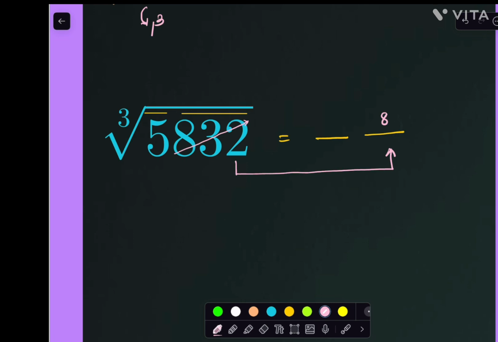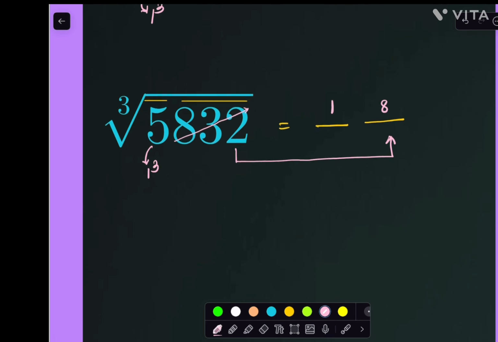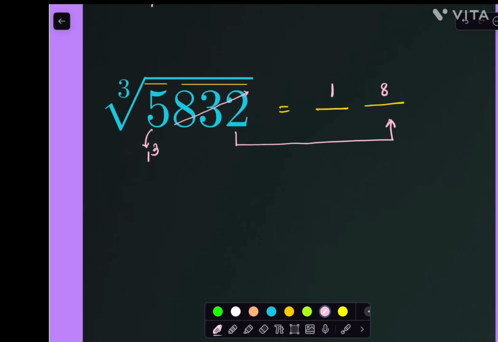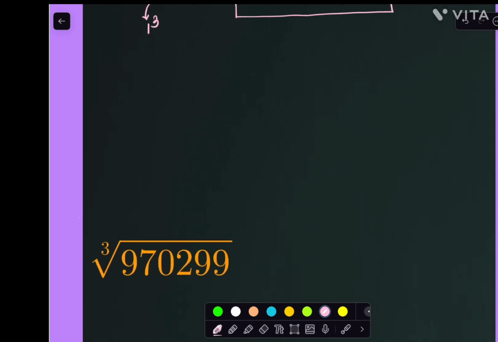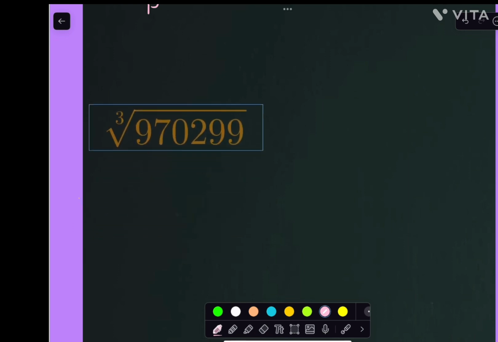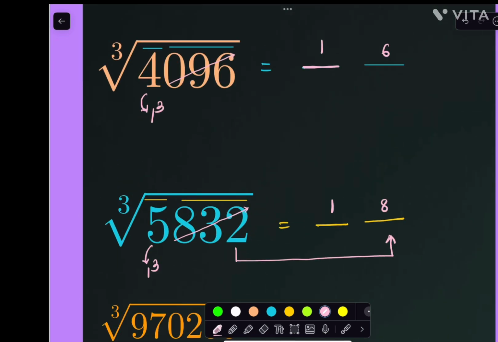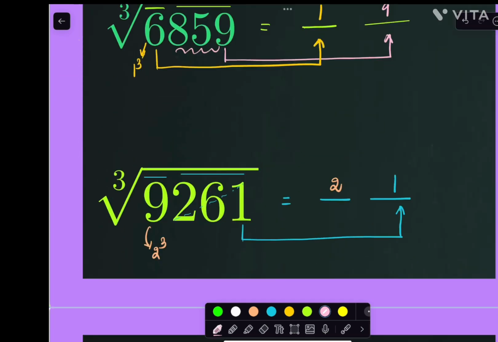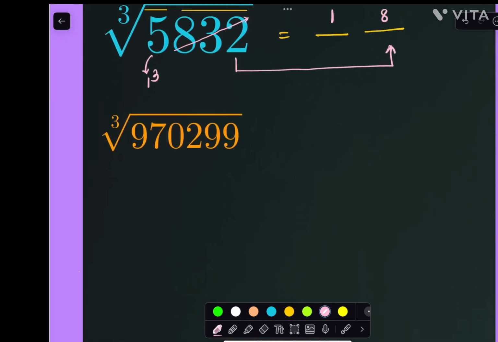Now under the other bar, what number is it that I am taking here? Tell me the cube of a number which is closest to 5, less than or equal to 5. 1 cube. So definitely 100% your number starts with 1 only. So when it is a perfect cube, the unit place will be correct, right? When it is not a perfect cube also, the tens place value is 100% correct, right? In this way we can calculate the cube root of a number. When numbers are bigger also we can use the same technique, but we need to learn cubes of numbers up to 10, right?